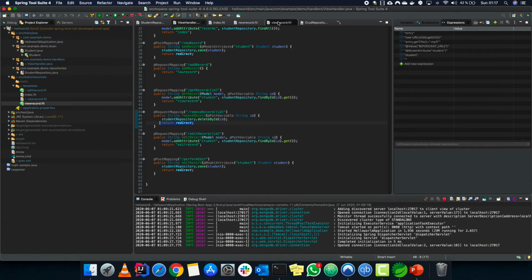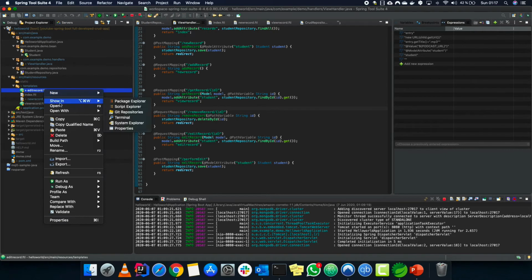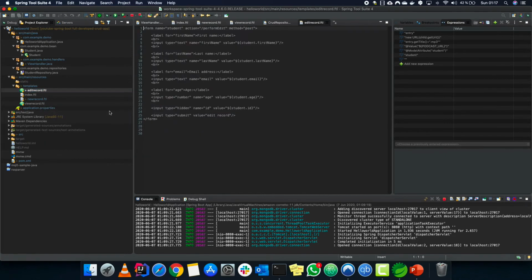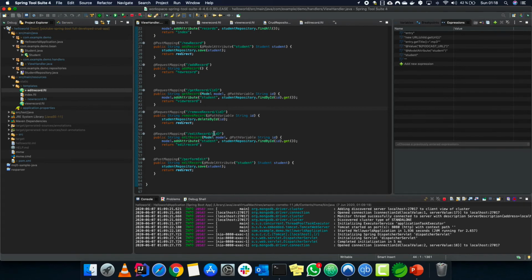So we come here, so we do edit record, we get the id variable. Based on that id we get our object, we assign it to student, save it as an attribute into the model, and call the edit record.